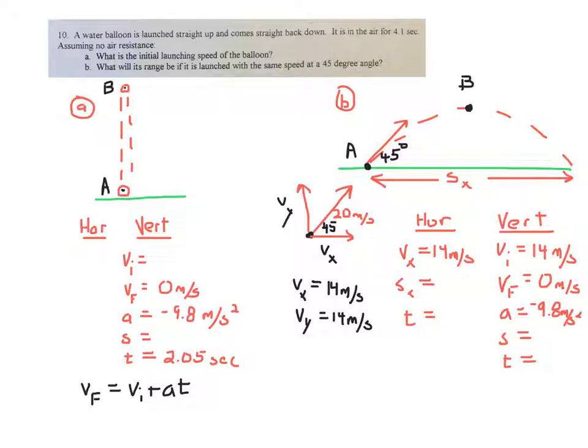So that's a common mistake made here, because the determining factor for how long it's in the air is the vertical component, way over here on the right, the vertical component of its velocity. This 14 is really what determines how long it's up in the air. For example here,